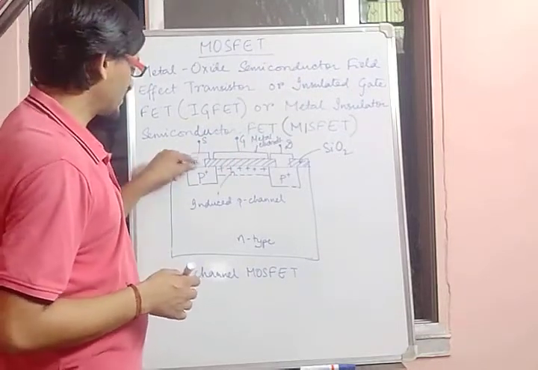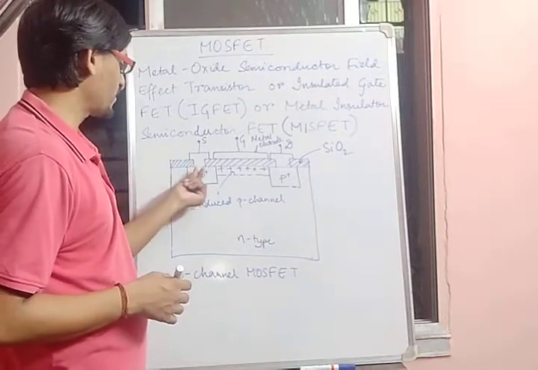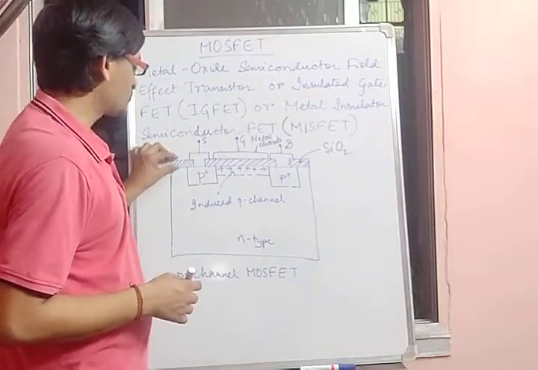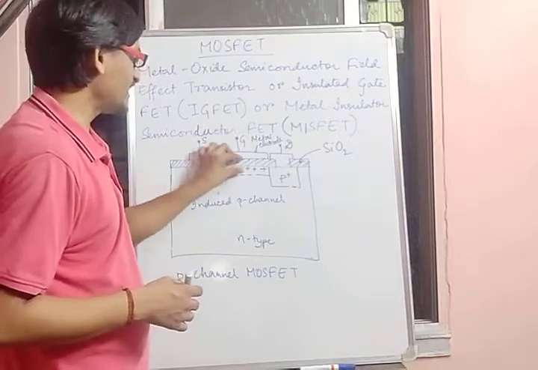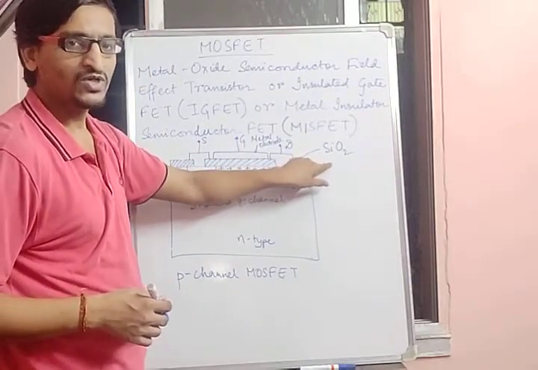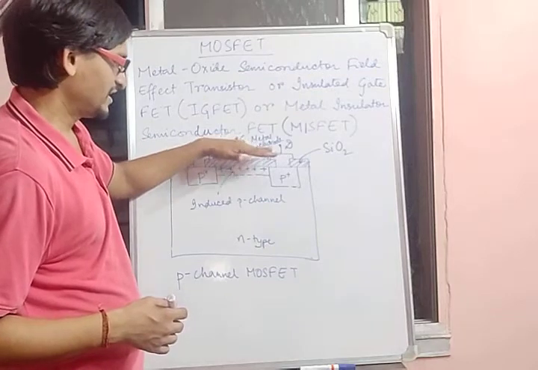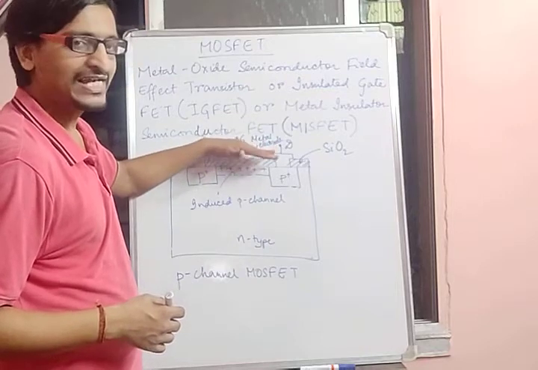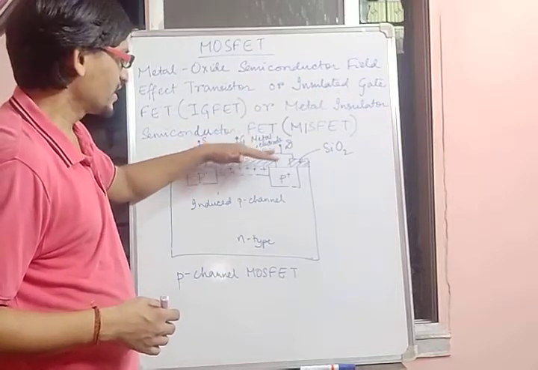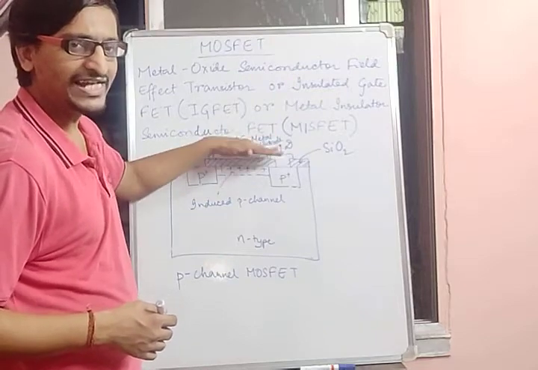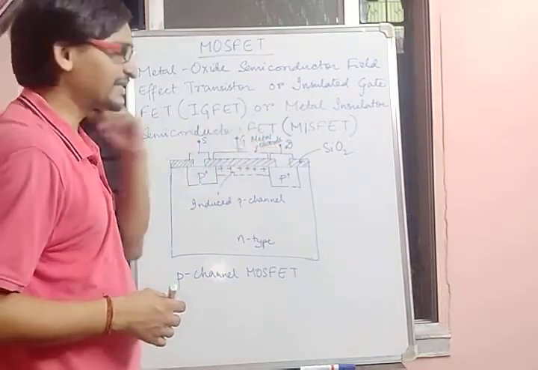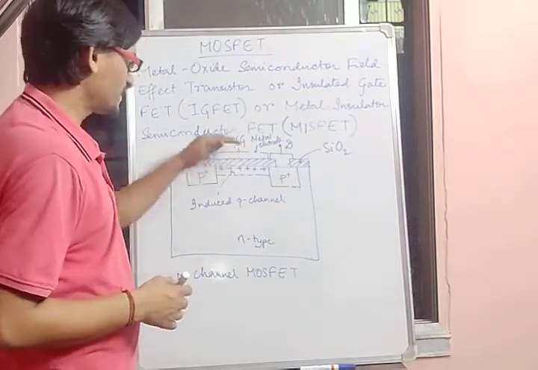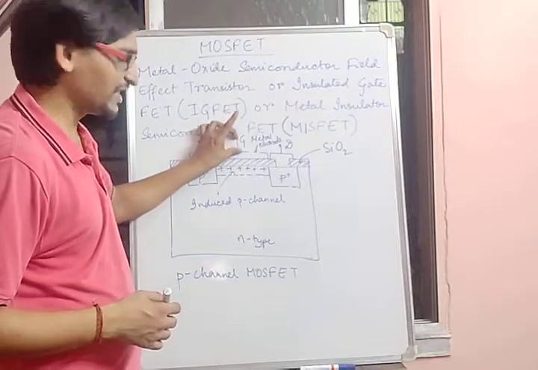So these are basically your contacts. So from here your source terminal and drain terminal are being taken out. On the top of this N-type substrate an insulator layer is formed. An insulating silicon dioxide layer is being formed. And on the top of this silicon dioxide layer a metal plate is being placed. This metal plate acts as the gate electrode. So a metal electrode is placed, and it acts as a gate. So it basically consists of three terminals: source, drain and the gate. In this way it basically acts as a third terminal.